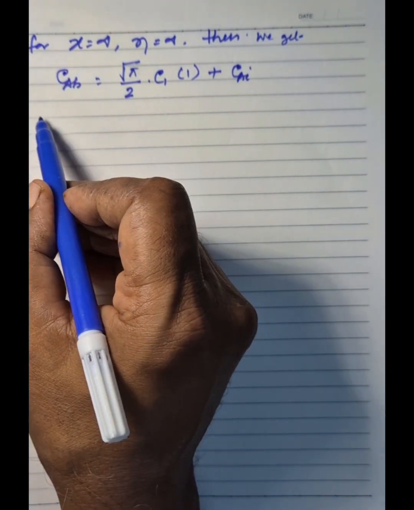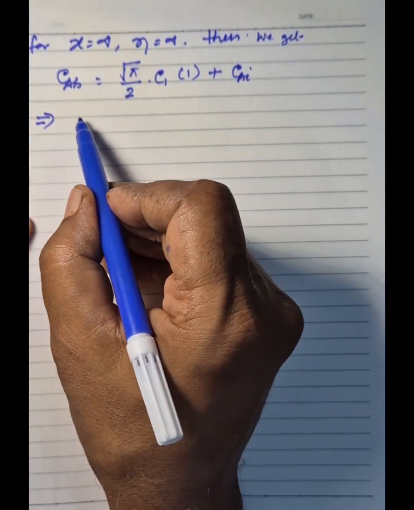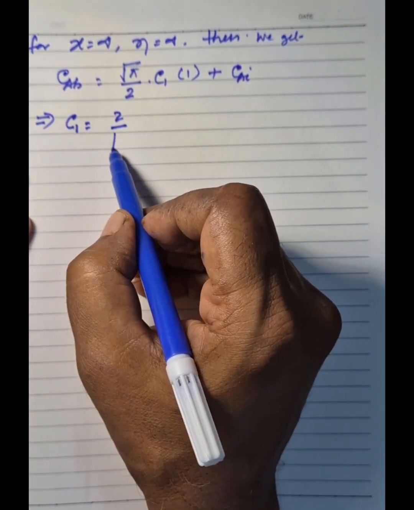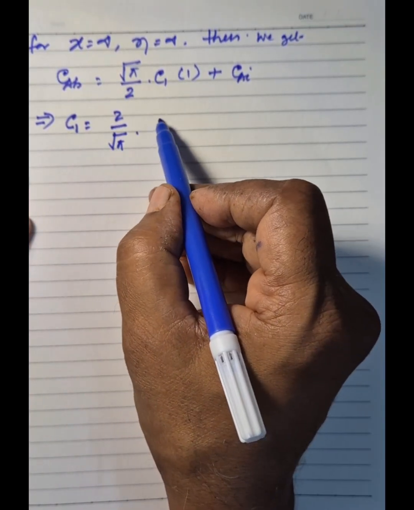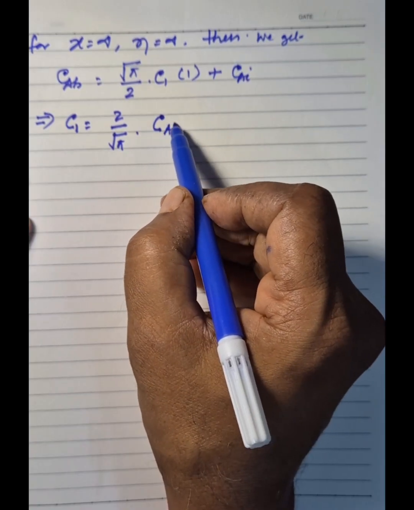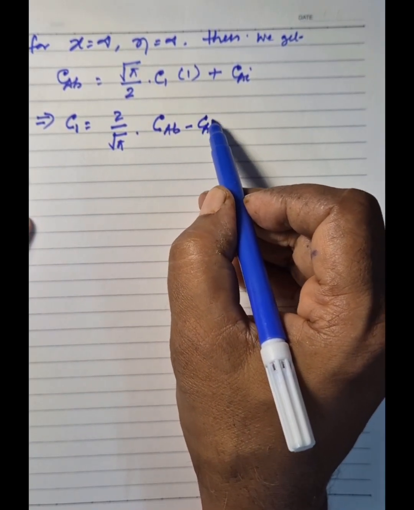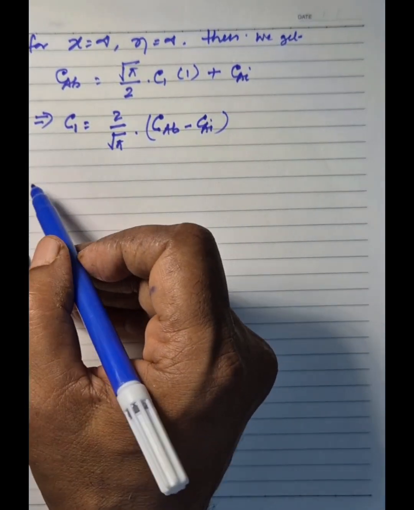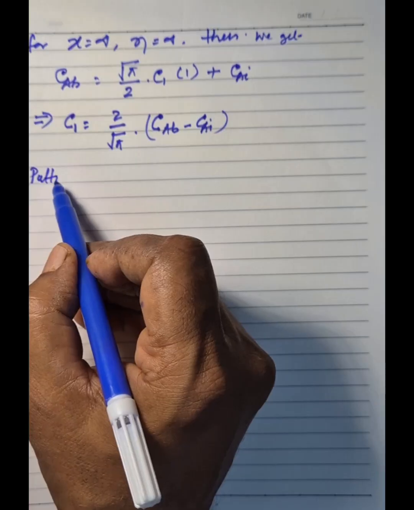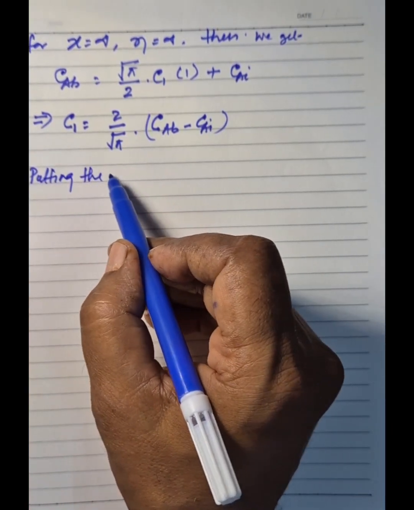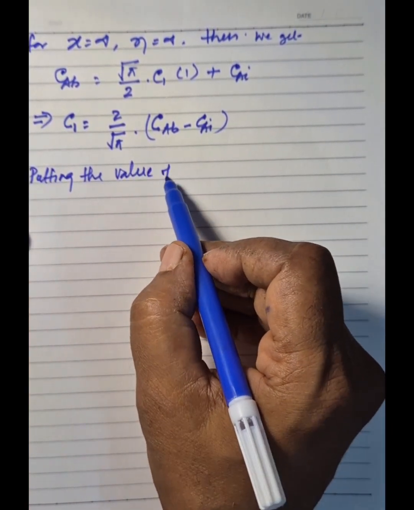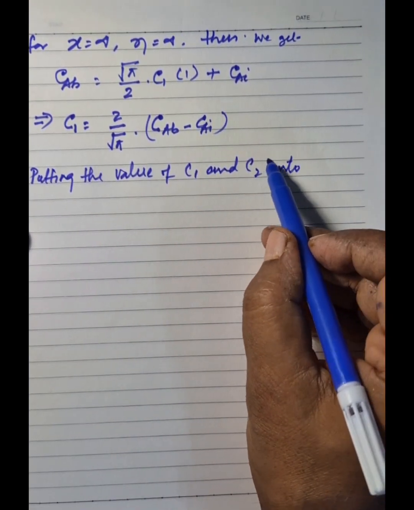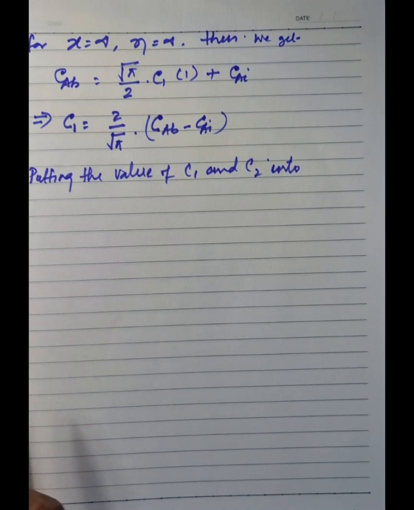So then we get C1 is equal to 2 by root pi into CAB minus CAI. So putting the values of C1 and C2 into equation number 5,